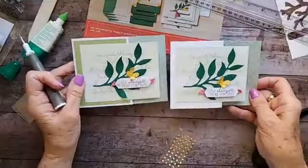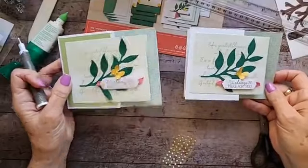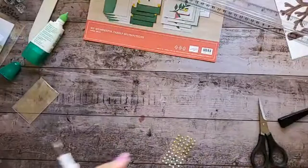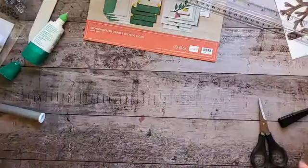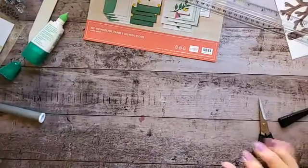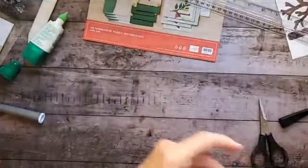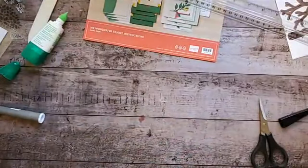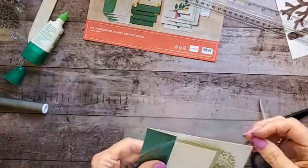Okay, so here's the difference. Like I said, just a little bit, and it goes a long way. Okay? Now, let's go on to the next card. Sorry. Now, this was a challenge for me. Oh, and here's the envelope, already designed and ready to go. All right, this is a real challenge to me. On this particular card,